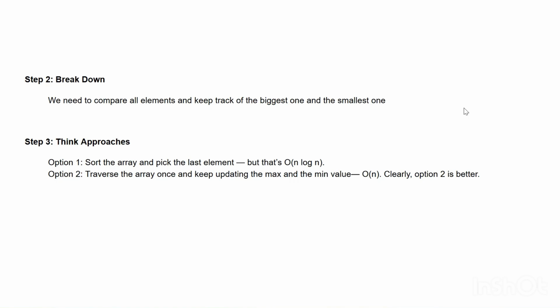But now when you have two approaches, how do you decide which approach to choose? That is based on the time complexity. If you see the sorting, this is going to take big O of n log n. And the second option is going to take big O of n. So now if you compare the time complexities here, option B is clearly better because sorting requires more amount of